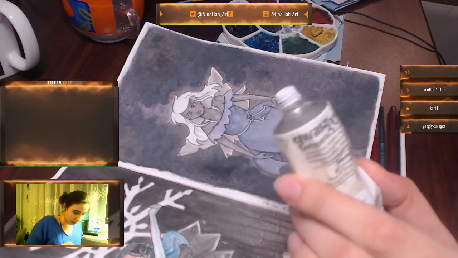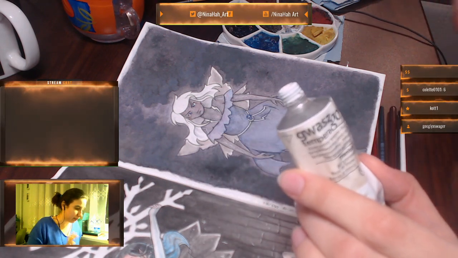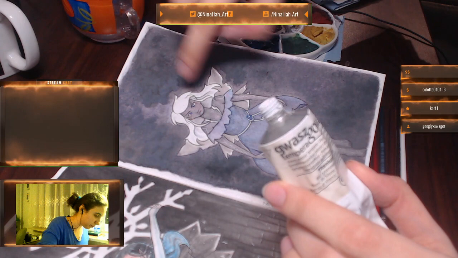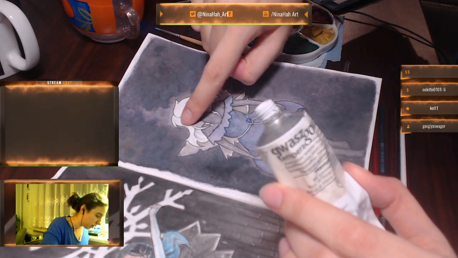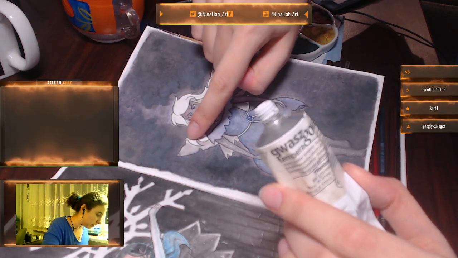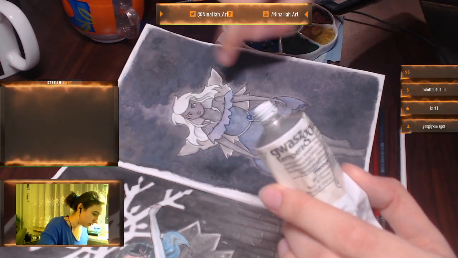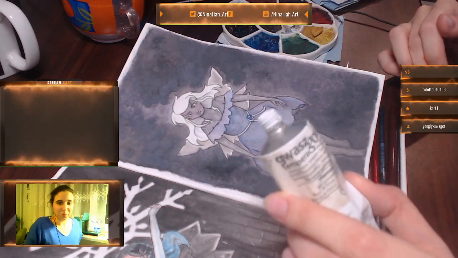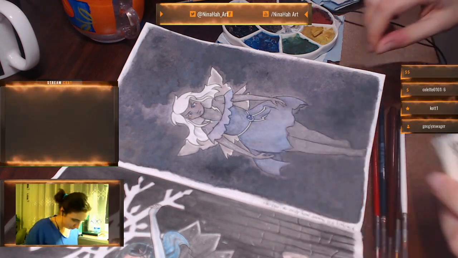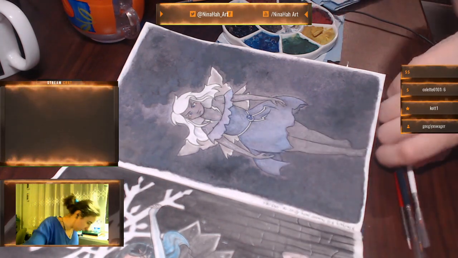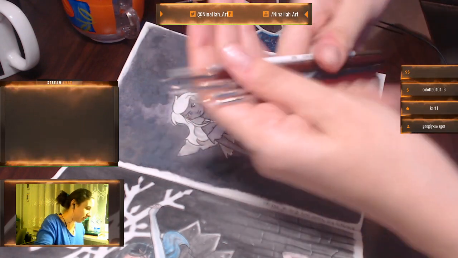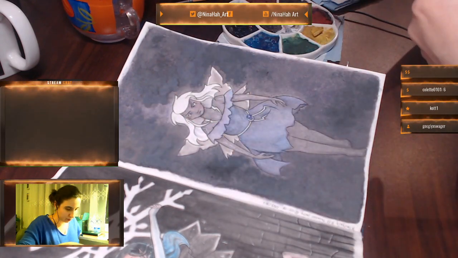So I find it best to fix any mistakes, like for example maybe I will touch up here on her hair where some of the background just got in due to my poor brush control. So yeah, let me pick up one of these brushes. These are, oh, let me take off the